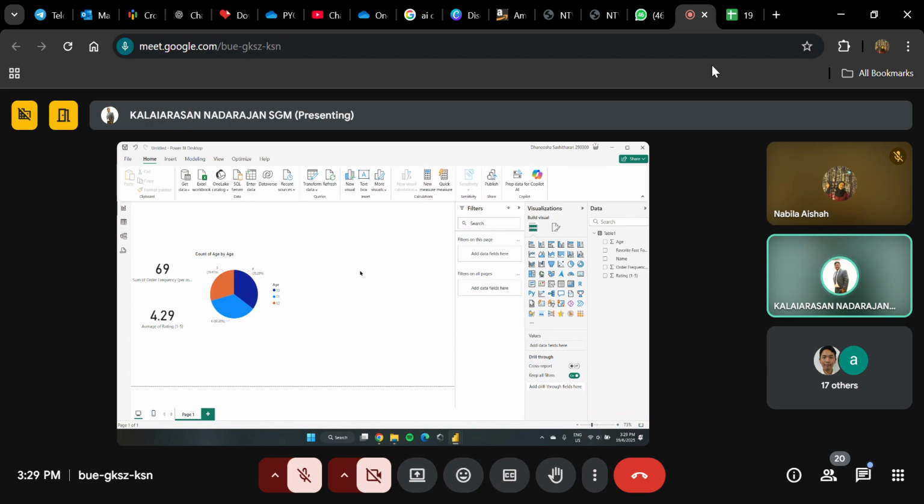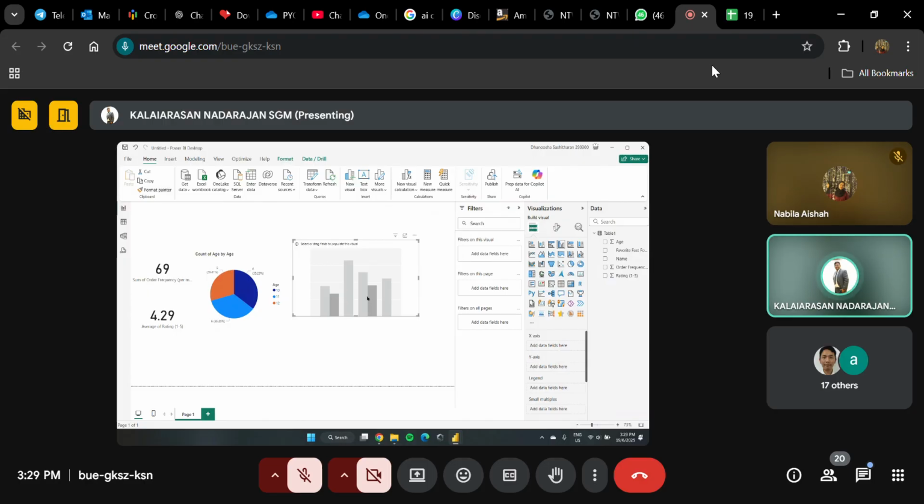Next, what we will do is a bar chart. For the first bar chart, if you see here, there are 6 different bar charts, and each of them has a different name. One is vertical, one is horizontal, and then these are clustered. I'll show you how to use clustered, but I don't want to use clustered